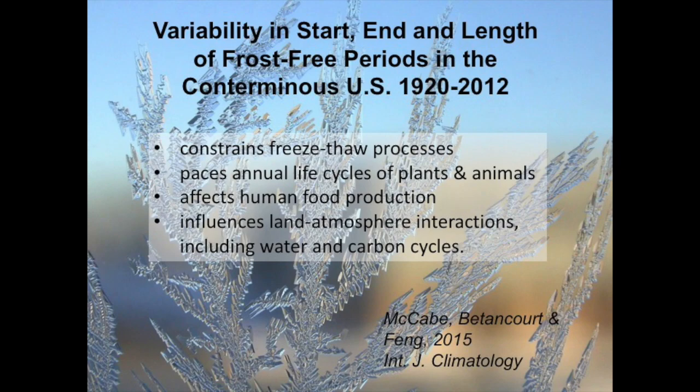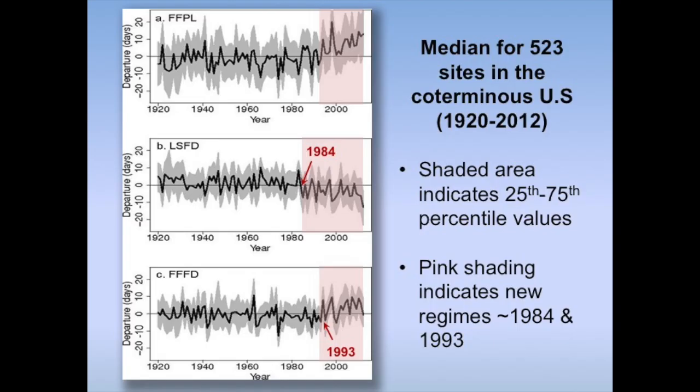We see this in a lot of data. On the top is the length of the frost-free season, in the middle is the last spring frost, averaged over the United States, and at the bottom is the first fall frost. And you see these step changes for the springtime right at 1984, and for the first fall you see right around 1993. And these show up in a lot of data, but they have to do with the behavior of the atmosphere during the shoulder seasons,